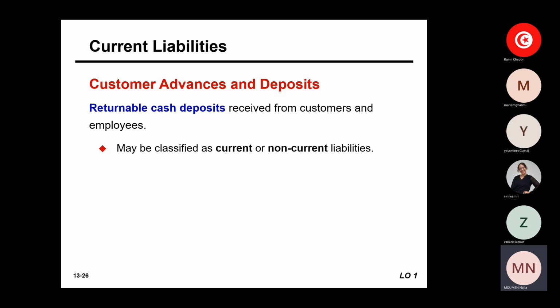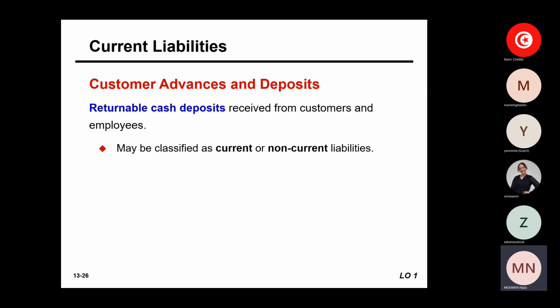The question will be whether it is classified as current or non-current. Well, it will depend on the contract, as I said, between this client and the firm regarding the transaction. For example, if this amount will be returned after 6 months, for example after the full receipt of all the installments required from customers, then this will be qualified as current. If it is longer, it should be reported as a non-current liability.